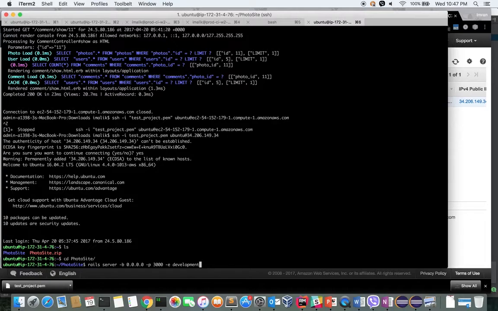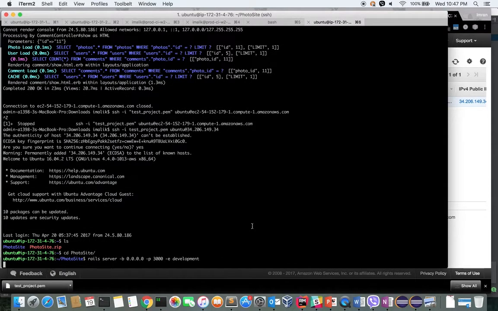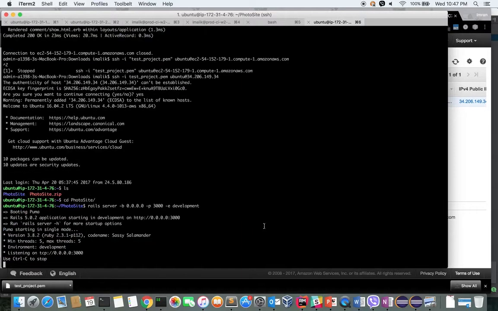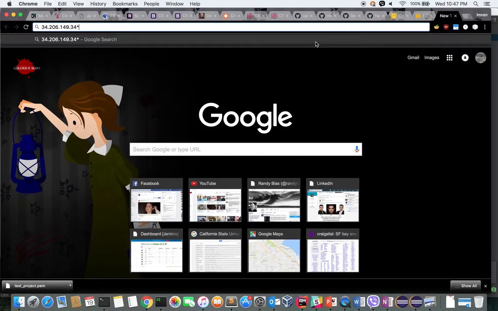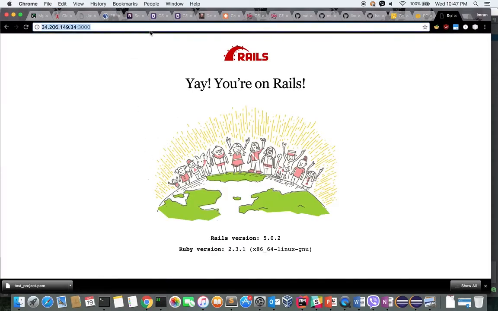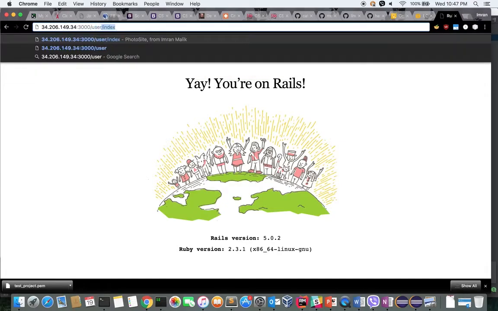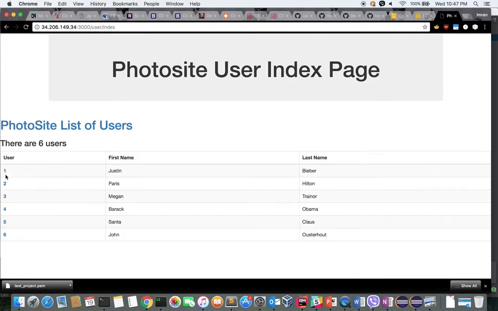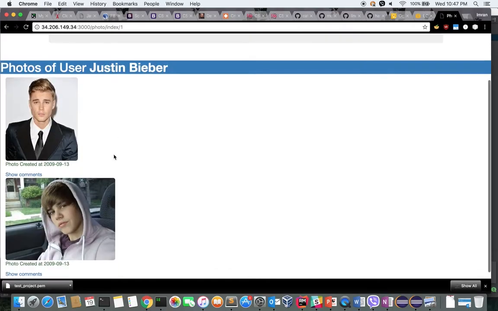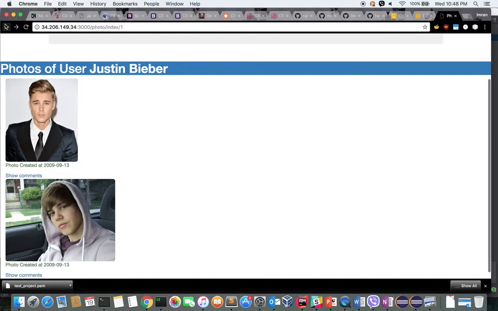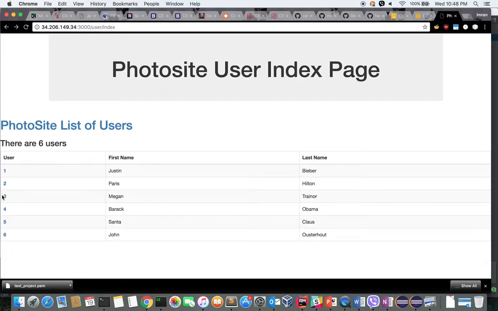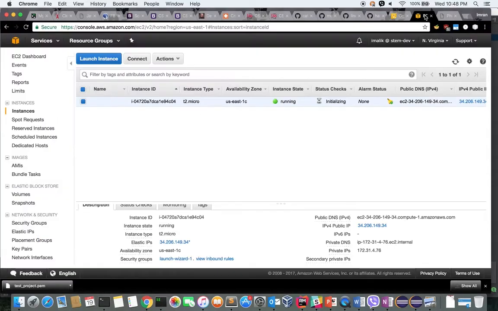I'm going to use the same command and access it over the elastic IP. Cool. So my instance got rebooted. I restarted my service for the Rails app, and I can see that I have all my data there. I can start my service for all the processes which were stopped during the shutdown.